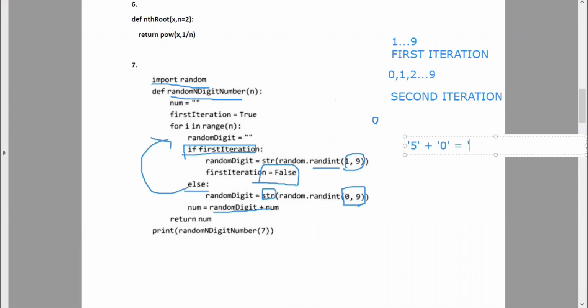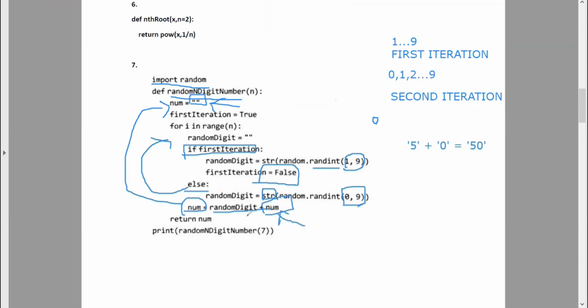If I'm adding it, I will be getting 50 as a string. So as and when I'm generating a number, I'm converting it into a string, and I'm adding it with the already generated number. I'm storing it in a variable called num. When I'm doing that, num must be initialized to nothing, to an empty string. Num must be initialized, only then can I add it up. If I'm not using this line, then it is going to throw an error in this place. You have to initialize whenever you are adding one string to another string. So when you are returning the number, it is going to randomly return a 7-digit number if you are passing 7 as the parameter.